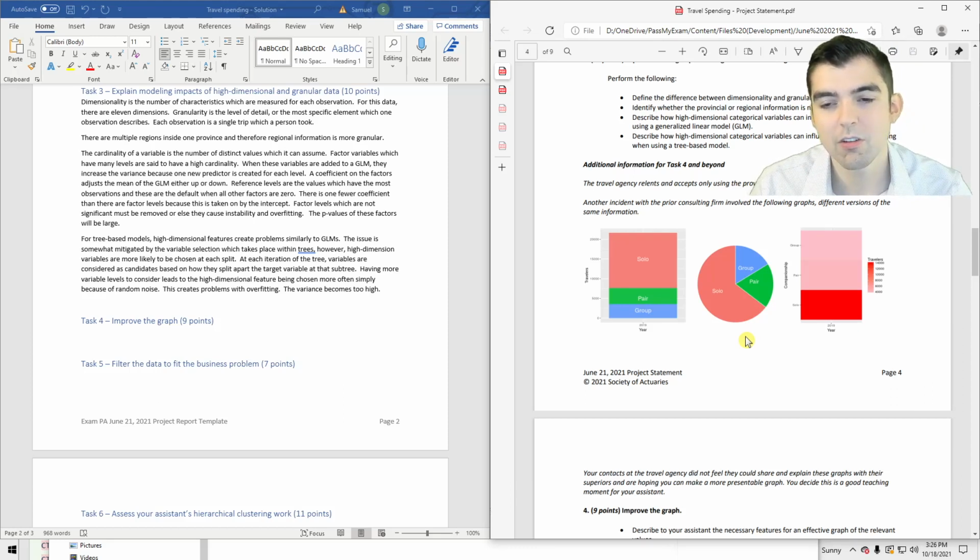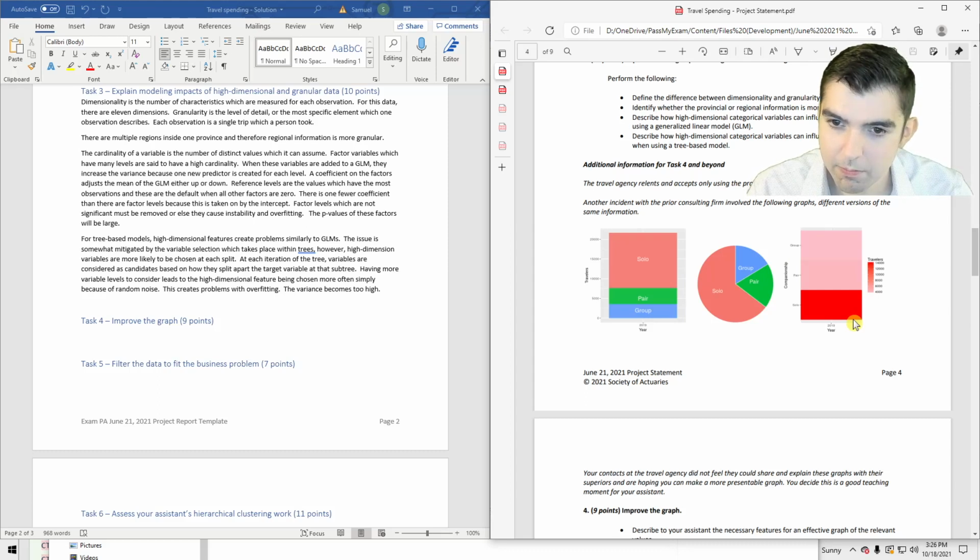There's no way to easily translate between the area of a circle and the horizontal or vertical linear distance that you get from using a simple graph like a bar graph or a scatter plot. And this graph, as you can tell, has the same problem that this one does because it has only a single bar, and then it's using this color scale, as you can see, but there are only like 3 distinct color values. So